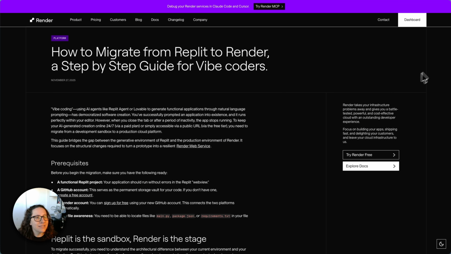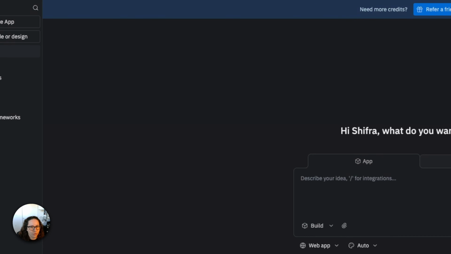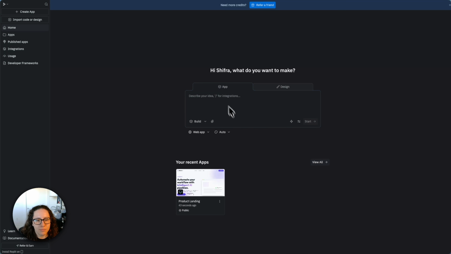to show you how to migrate your Vibe-coded Replit app to Render step by step. So let's get started by jumping right into the Replit homepage, and it's going to ask us what do we want to make, and we want to do something that is just really simple. I have a recent app listed here, but you should see an option that says websites. You should be able to click that and see an option for landing pages, and then if you click on landing pages, it's going to autofill the app prompt with something that looks a little bit like this, just very